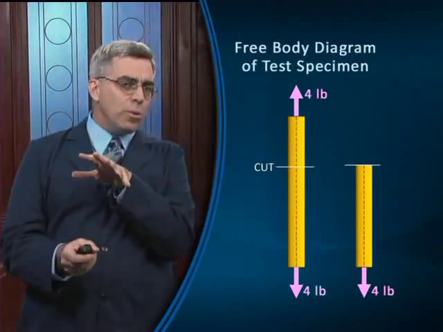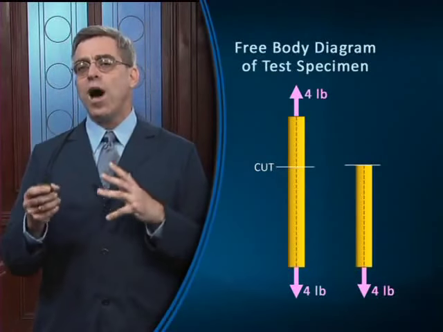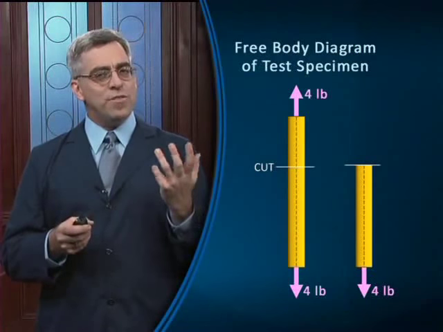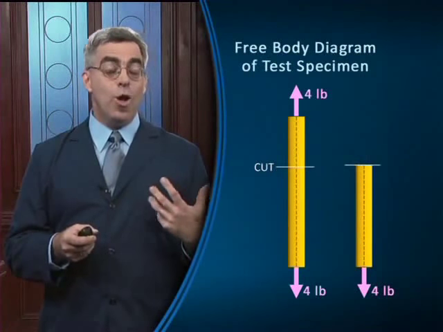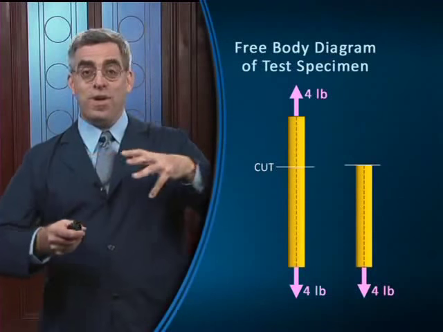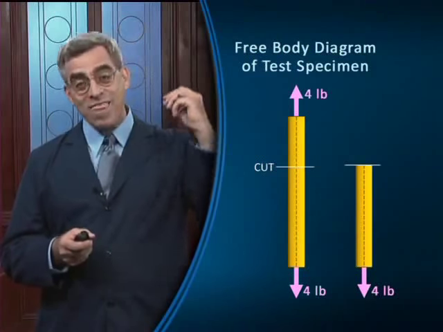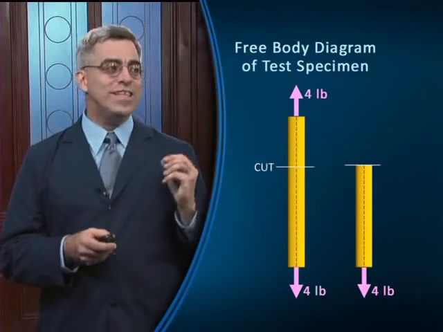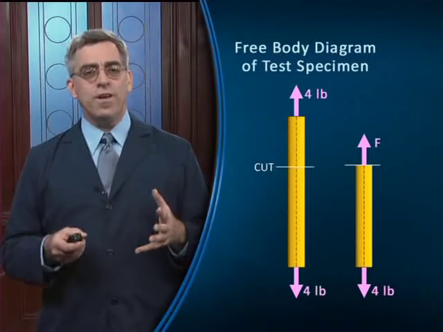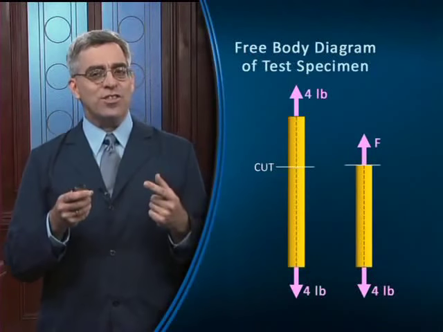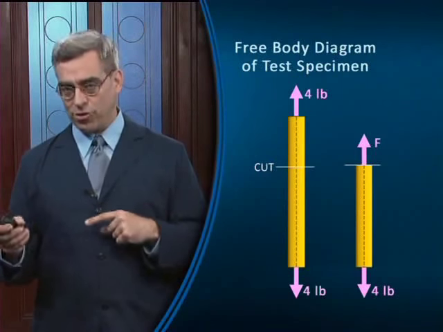The 4-pound load is still applied on the end of the segment, and so the only way that this segment can possibly be in equilibrium is if there's some additional force acting up there on the face of the cut. We know this little segment is in equilibrium because it's not moving, and therefore there is a force on the face of that cut, and that is the internal tension force, which you can see here. Clearly, the principle of equilibrium tells us that this internal force, F, must be exactly equal to the external load,